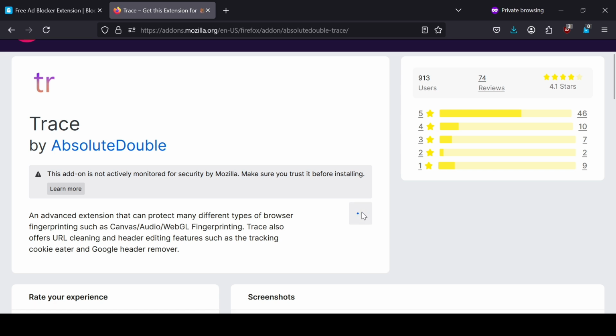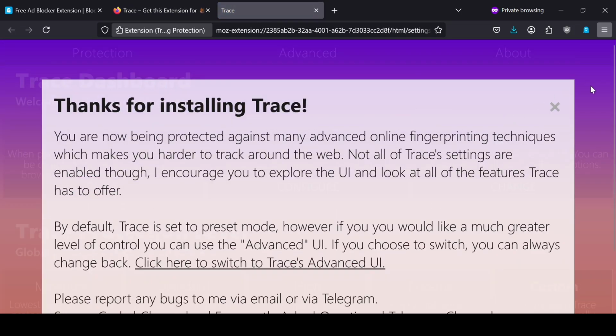So add it. Make sure you take notice of these logos so that you don't install the one that looks like it or the one that is similar to it. Make sure it is this one. So trace extension, add it to Firefox. So I think it's okay. Thanks for installing trace.